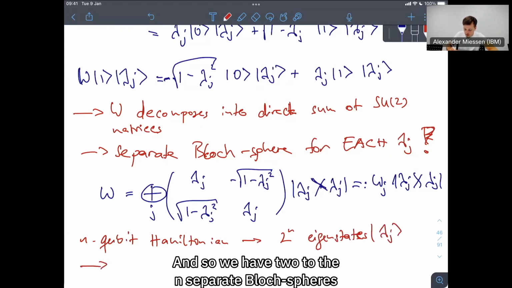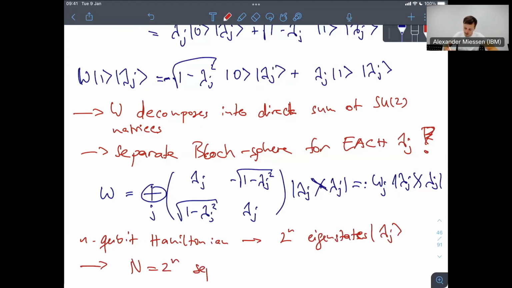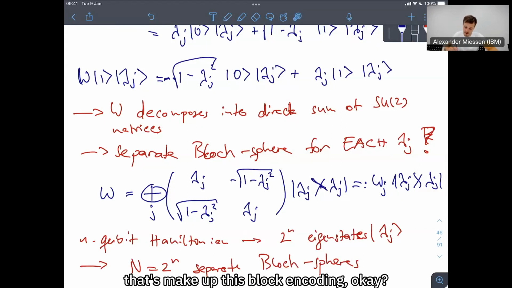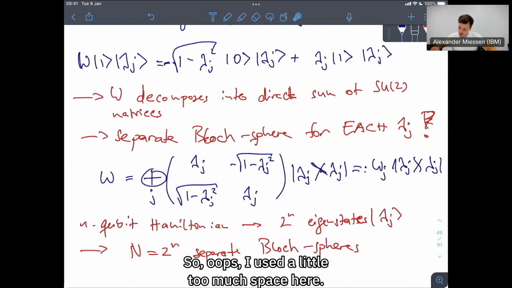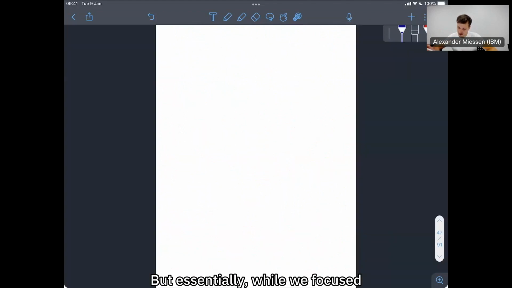And so we have 2 to the n separate Bloch spheres that make up this block encoding, okay? So, oops, I used a little too much space here, but essentially,